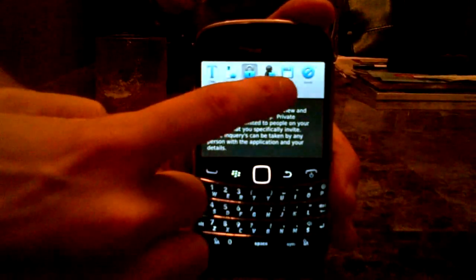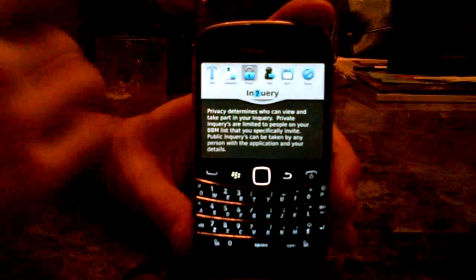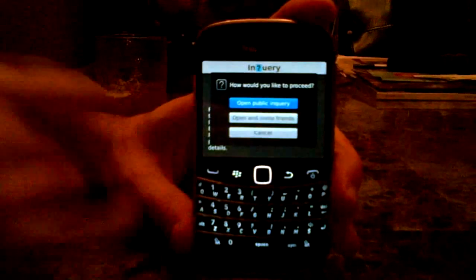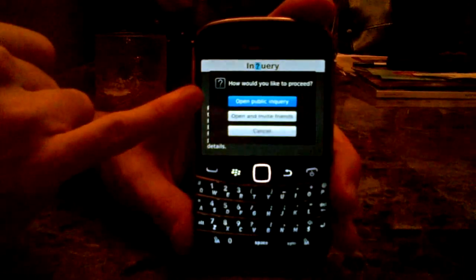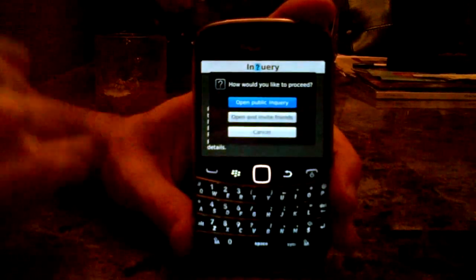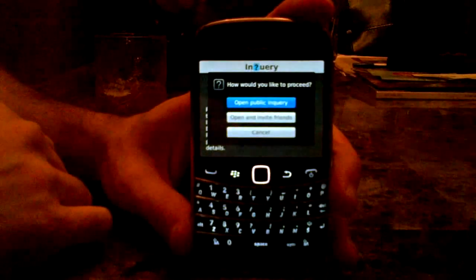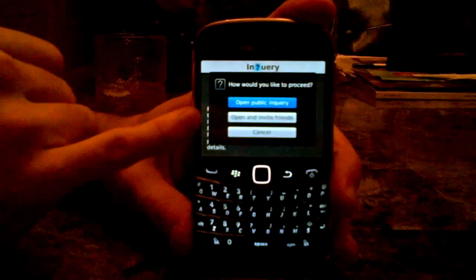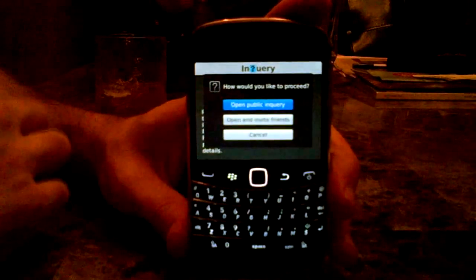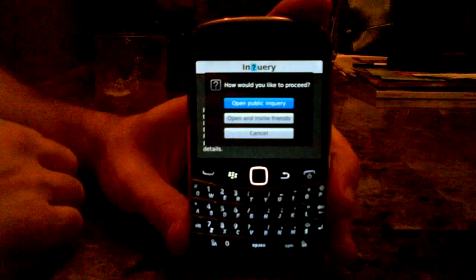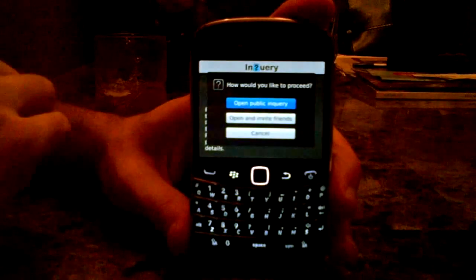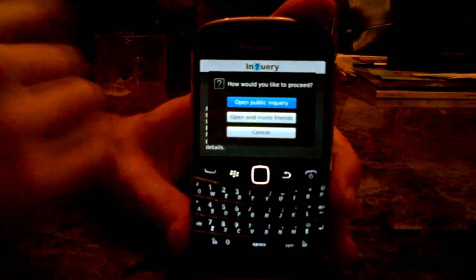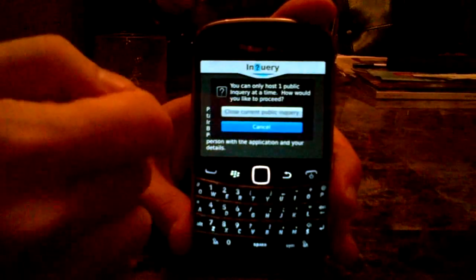We can now move to save, which we can then send to people later, or what I will do is I'll go to send. And since it's a public one, we now have options. We can either just open this to the public, in which case we would have to advertise the details or the barcode, or we can open it and then also invite friends. So it'll end up being an open public inquiry, but we'll be able to choose friends from a list, and then they'll be able to answer it with our invitations. I'm just going to click open for this one,